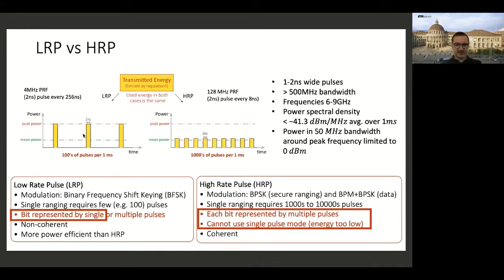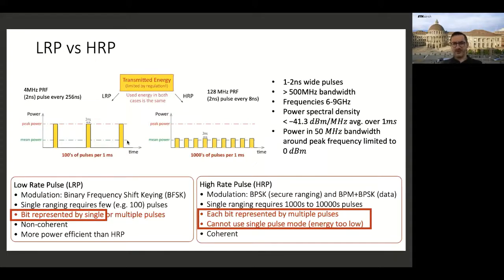So we have seen that this mode allows for bits to be decoded, so pulses to be decoded individually, right? And for most applications, that works really well, meaning that there is enough energy in these pulses that at the distance that you need for your application, let's say 10, 20 meters, you will be able to pick up individual pulses and decode them. So this makes the problem of building a secure ranging system much easier, right? Because you can then decode individual pulses, as we will see on the next slide.